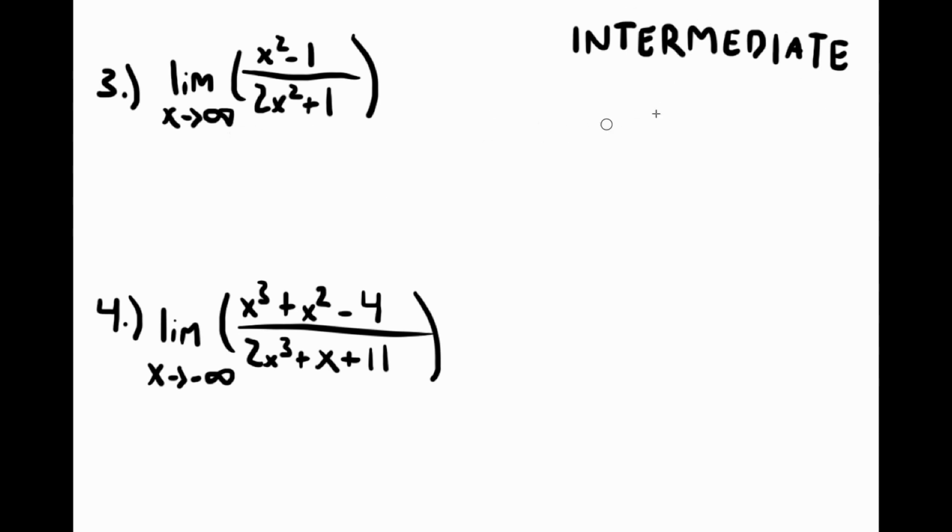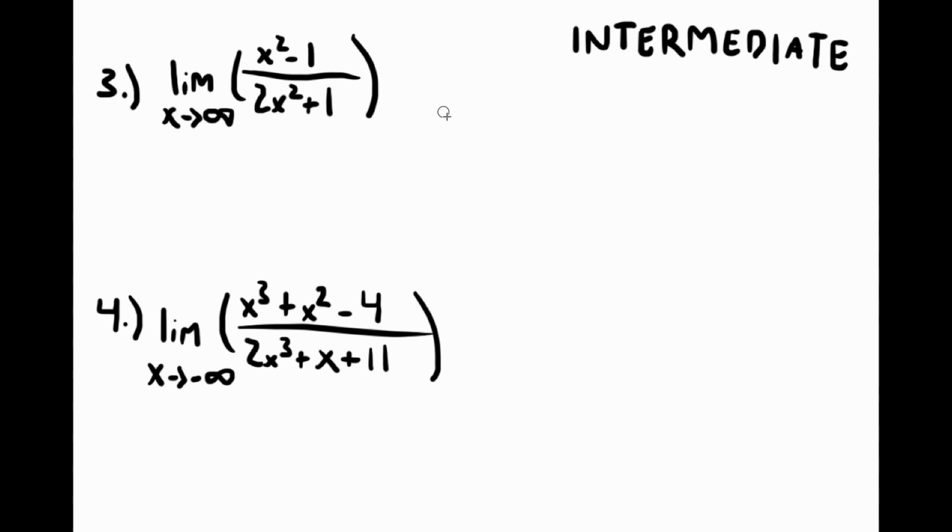Let's try some more intermediate problems. So, as x approaches infinity, we need to find the limit of this function as x approaches infinity. So obviously we can't just substitute x for infinity because how would that even work? So what we're going to do is what we did before and try to pick both the numerator and the denominator apart. So as you can see, x squared minus 1,